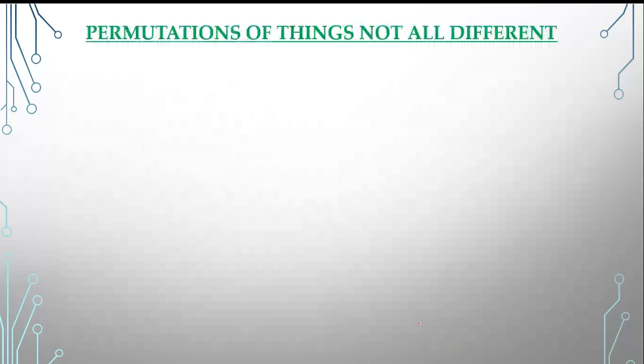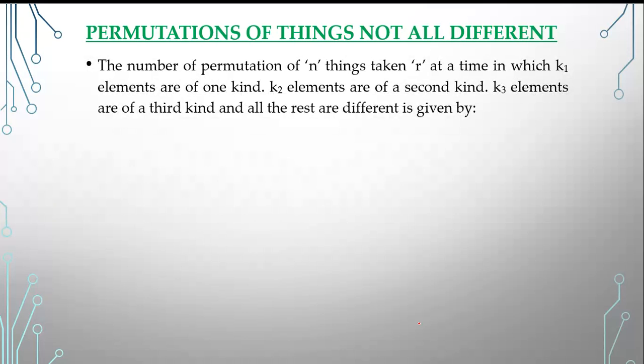Clear? Now, permutation of things not all different. If our things are not all different, how can we calculate the permutation? The number of permutations of n things taken r at a time, in which k1 elements are of one kind, k2 elements are of a second kind, and k3 elements are of a third kind, like that, and all the rest are different, is given by